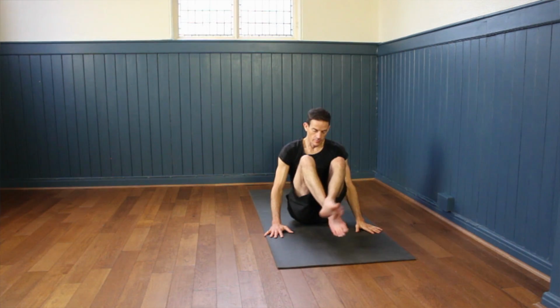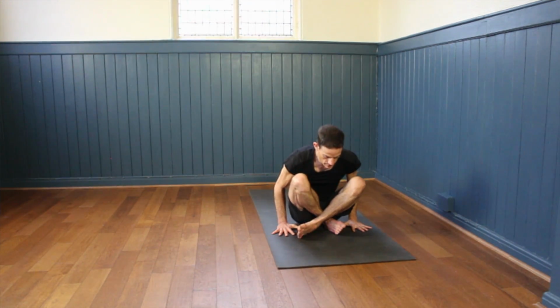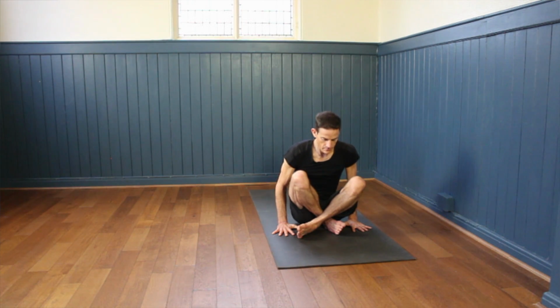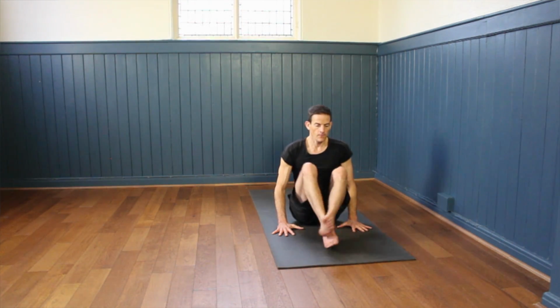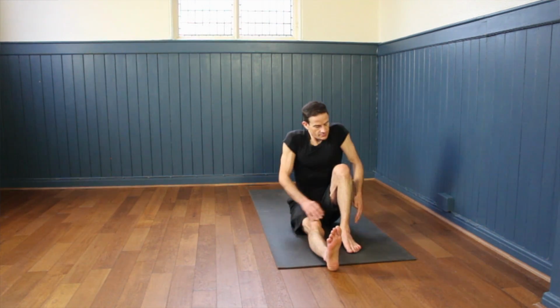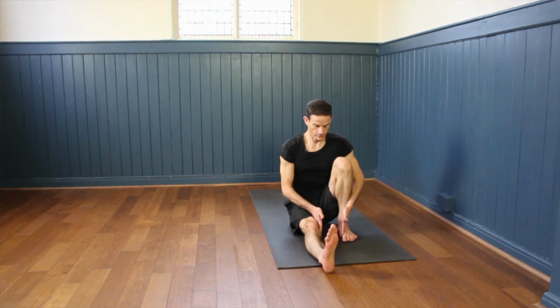Keep varying the way you cross your ankles, knees to chest, hands flat down by your sides. Don't be tempted to come onto the fingertips. Press the palms into the mat as you inhale, push down, whatever happens, and exhale, release. Left side. Straightening the right leg, we gently bend our left knee. As that left foot comes in, it moves a little way away from the inside of that right leg,